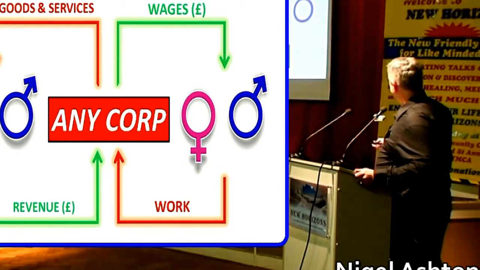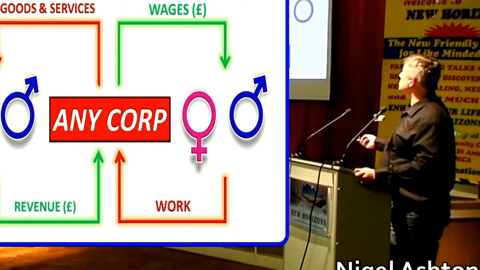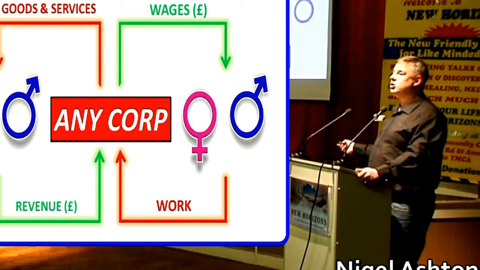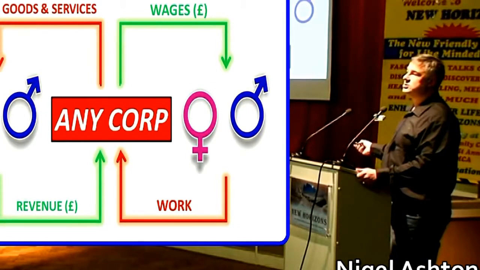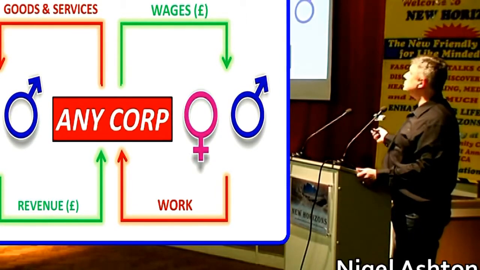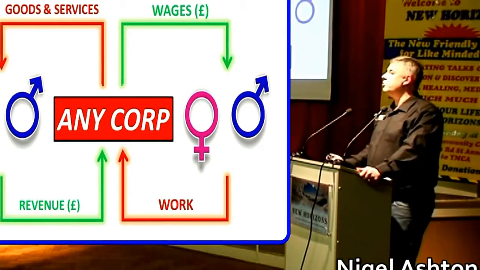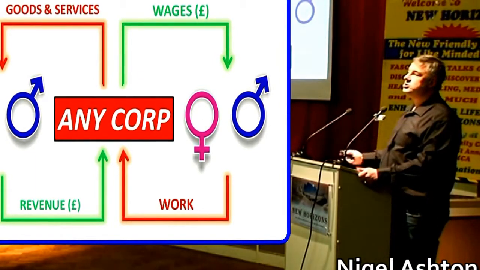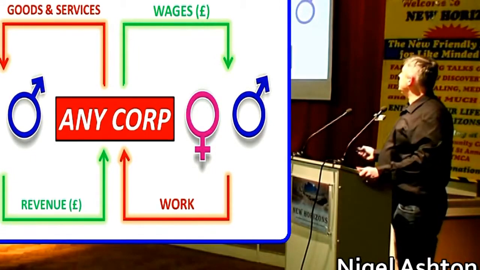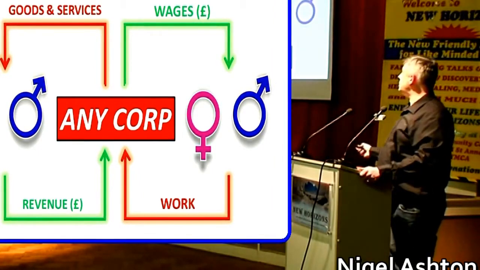So, if we look at this stream, the revenue stream, what corporations try and do is to maximise the revenue stream. So they try and charge top dollar, top price, for the goods and services that they supply. And that produces an income. Now, because wages usually form the biggest component of any cost to any corporation, time immemorial, wages have been compressed and pressed down, and there's constant pressure on wages. And the difference between the revenue and the wages is profit, essentially, for this thing.